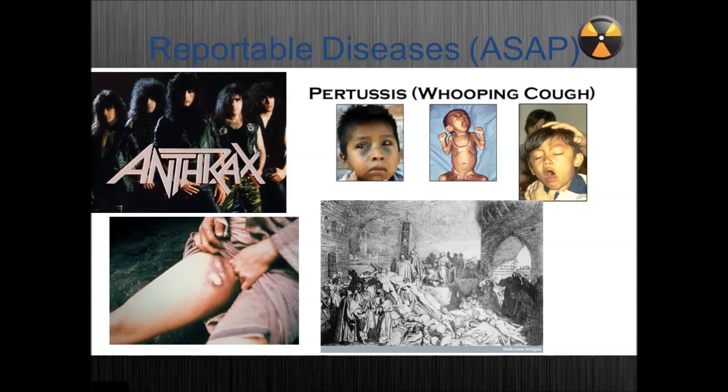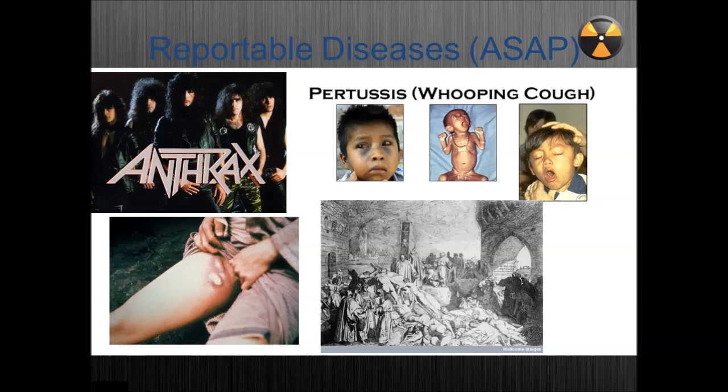So, some of the diseases that we haven't seen for a while, with a few exceptions. The top left is anthrax. Hopefully we don't have to worry about that. And down here in the bottom left, anyone know what this is? This is the inside of a guy's thigh on the groin. You get these bumps, and this is an example of it from back in the 1500s and 1600s, a drawing. Anyone know what that is? The bubonic plague. That's a bubo, B-U-B-O-E, so a big bump with a bacterial infection.